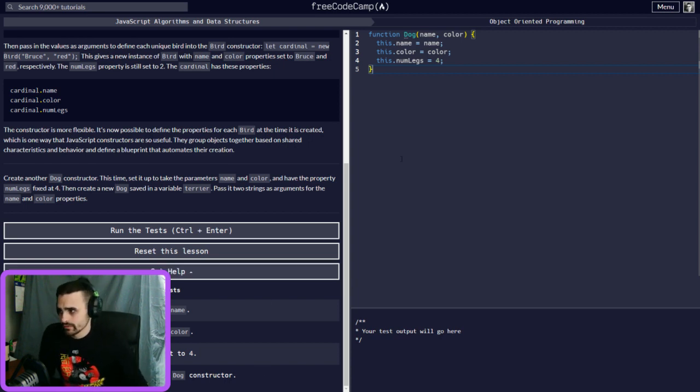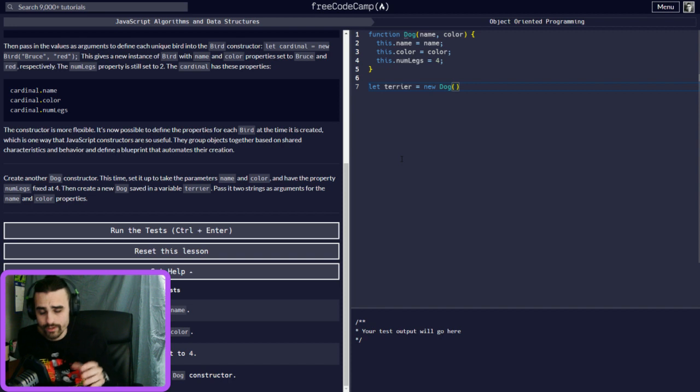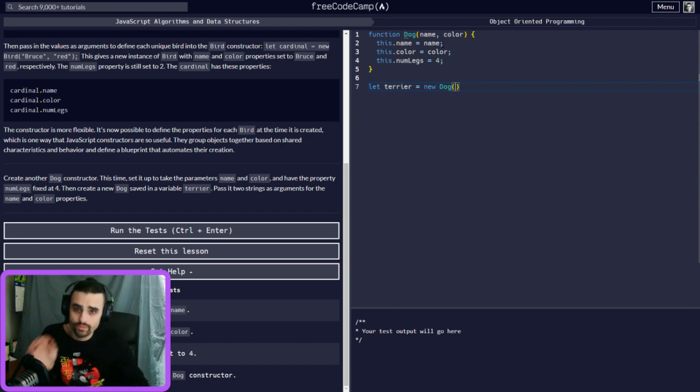Now, it wants us to create the new object called a terrier, right? So let's do this. We want to create a terrier, and then equals new dog. Now we're finally creating our new dog because now it's accepting 2 arguments. So what do we want our names to be?